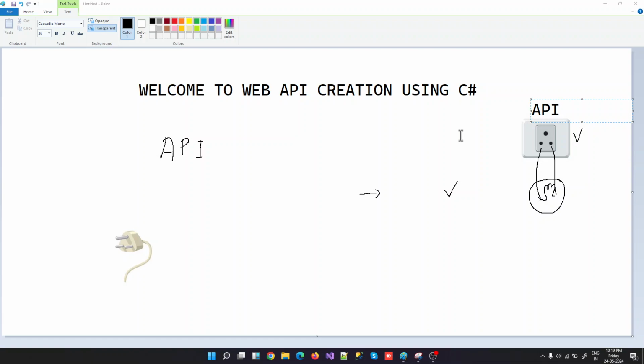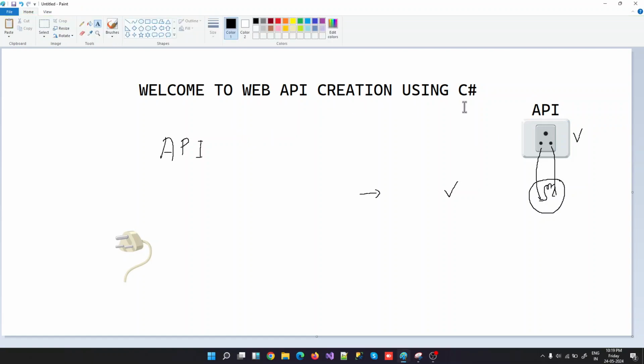I'll just tell you how exactly to use Postman to connect with our API. So in short, an API is something that you create in any programming language. It doesn't matter which programming language you use. We are going to be using C Sharp for this lecture, of course, but you can create this in any